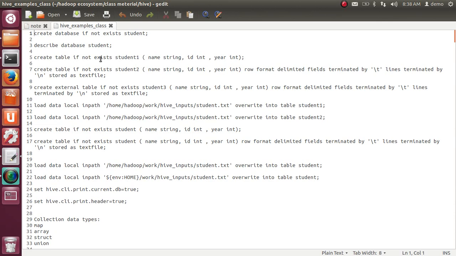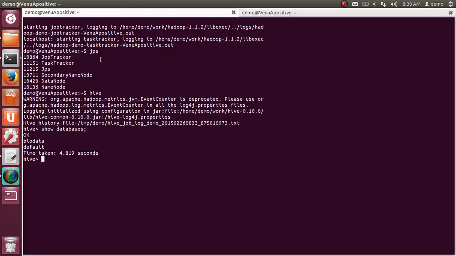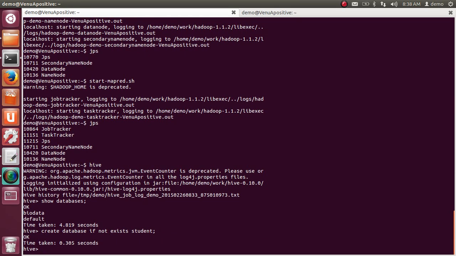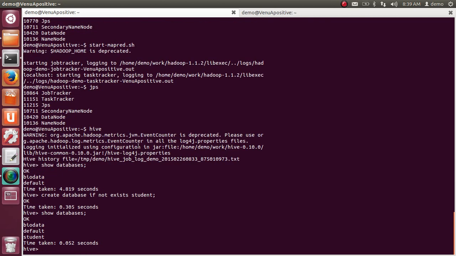Simply create database. If not exists, it is optional. For example, I am creating a database called student. You can check here with show databases: biodata, default, student.